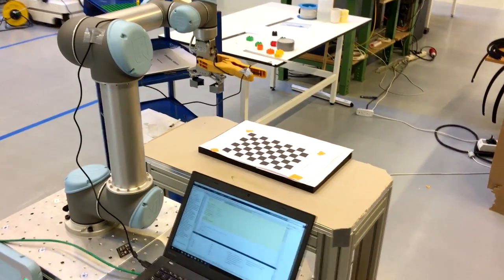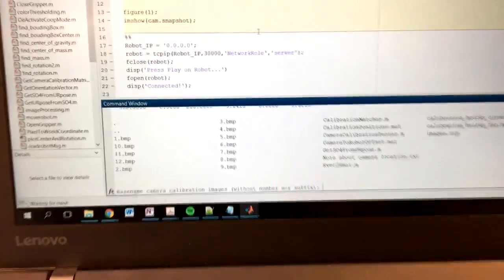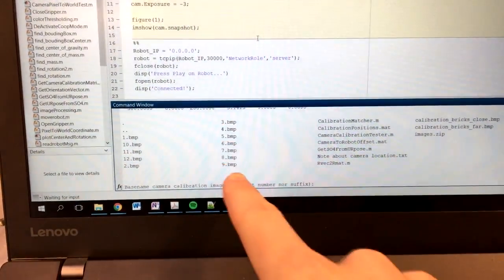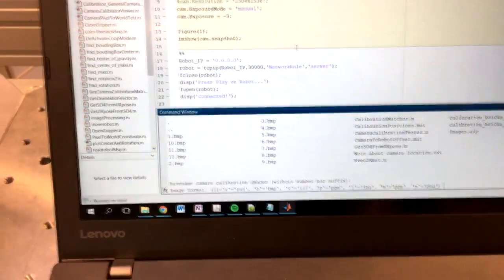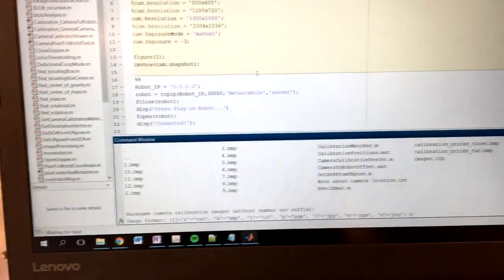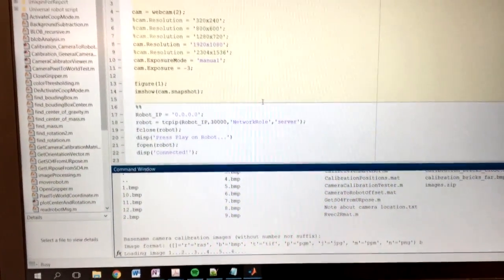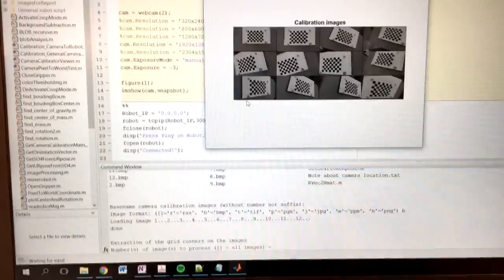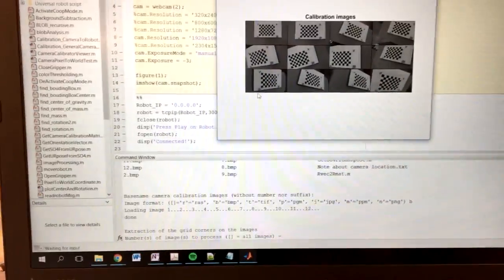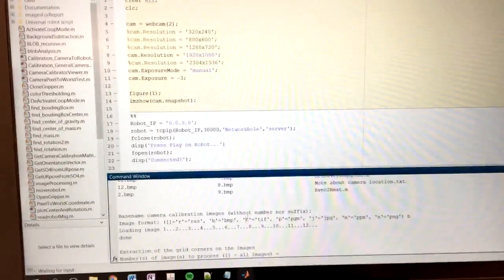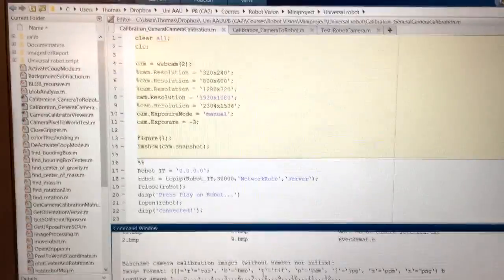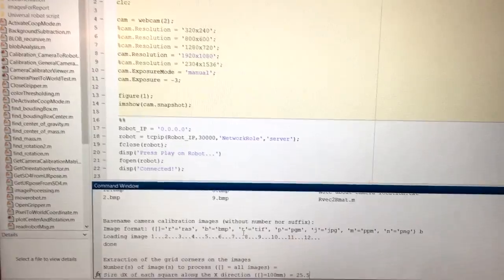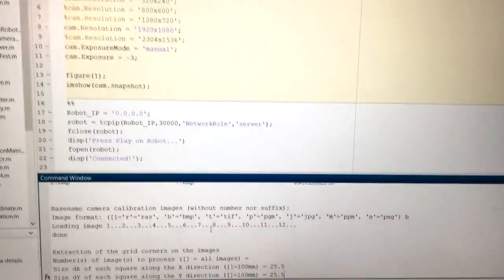Now when the calibration is finished, we go back to the MATLAB terminal, where it has detected the images stored as bitmaps. So we tell it to use these bitmap images, and then we are using this camera calibration toolbox which detects the images, and now we have to type in the dimensions of the squares, in this case as mentioned being 25.5 millimeters. And when that has been typed in,